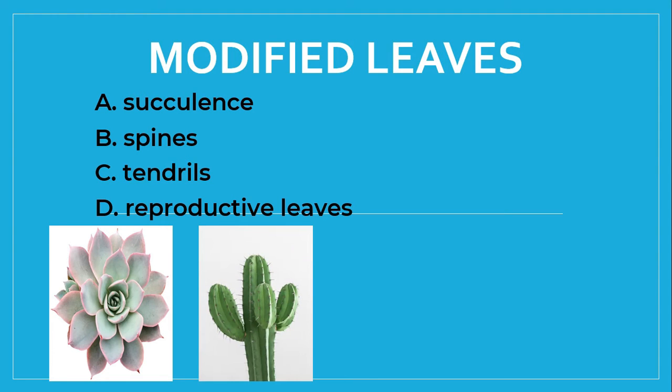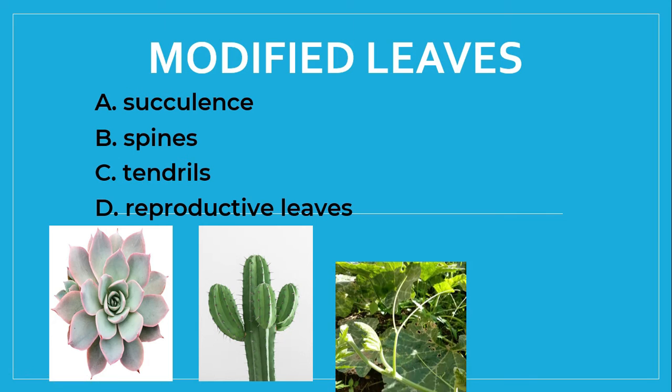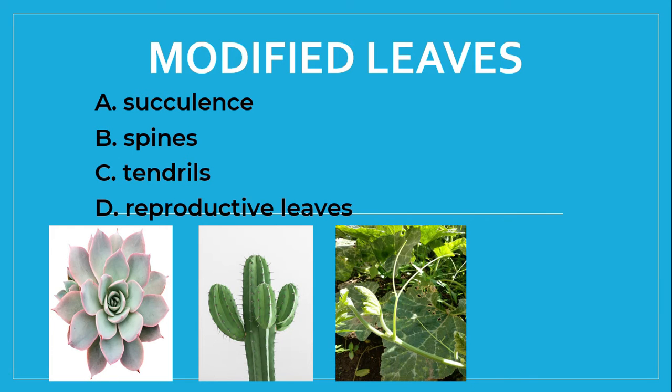And then we have the spines. Makikita natin yan sa mga cactus. These are modified leaves that offer protection for the plant. So yung mga spines na yon, yun yung mga modified leaves. And then we have the tendrils. Makikita natin for example sa sitaw, sa mga squash, kung saan ito yung mga modified leaves na nag-o-offer ng support